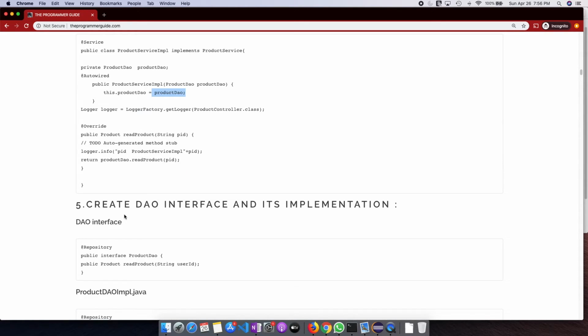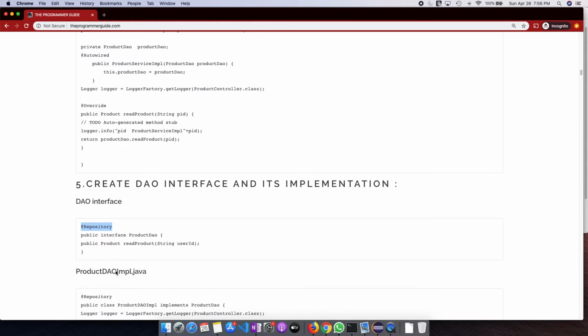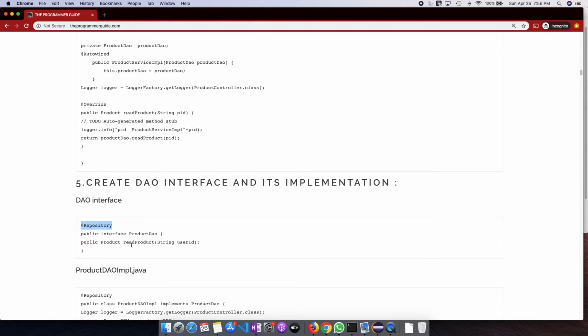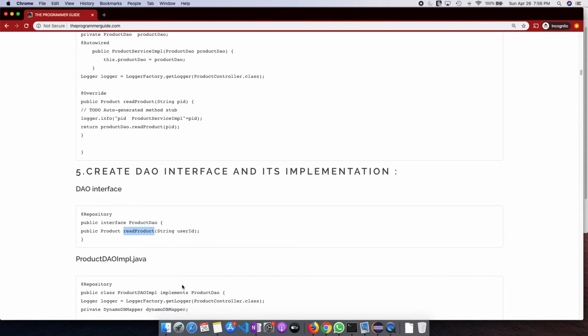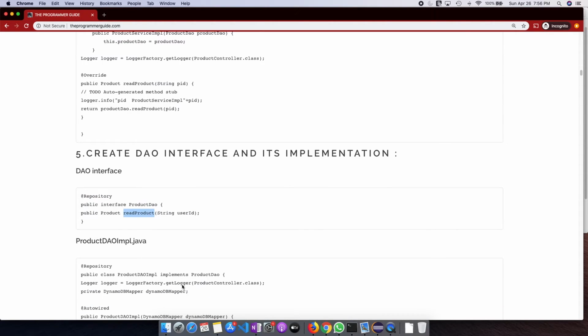So now we are going to create the DAO interface and its implementation. We have to annotate it with @Repository, and it has one method. We are just going to read the data. So this is readProduct. This method we are defining for reading the data from the DynamoDB.